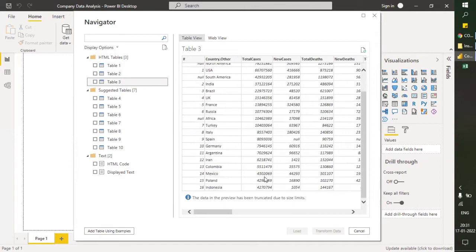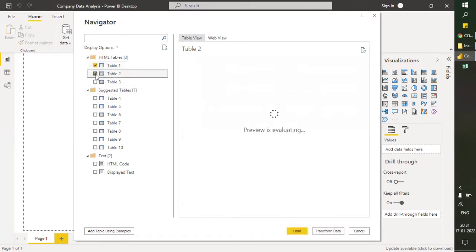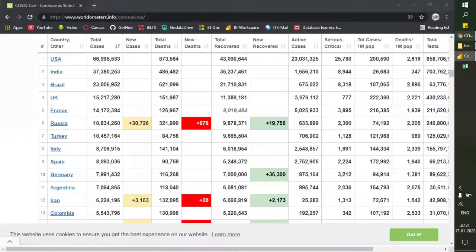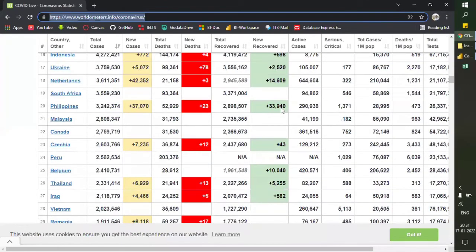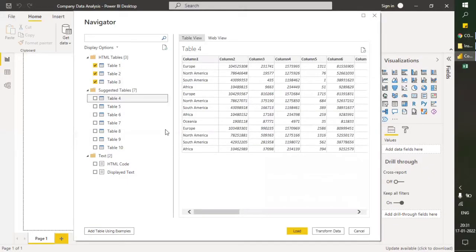So let's load. It's just the sample data because the entire table is not loaded. Let's load all these three at a time. Let's view this fourth one. What is this fourth table? I believe the fourth table is the same. Actually, it's an entire very long page, if you see the web view of this. That's why it's breaking it into 1, 2, 3, 4 tables. You can see this is, I think, the major reason: North America, South America, all those.